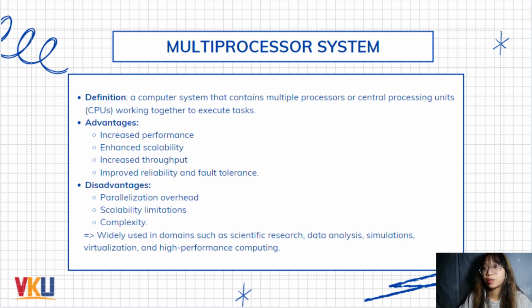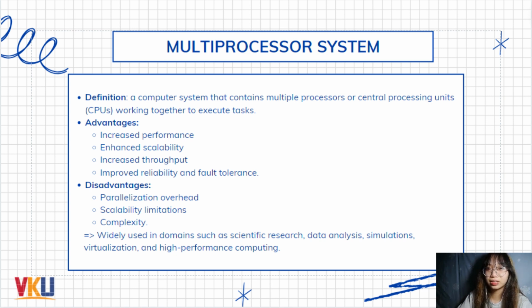So the multiprocessor system provides numerous benefits, including increased performance, enhanced scalability, increased throughput, and improved reliability and fault tolerance. However, this multiprocessor system also presents challenges such as